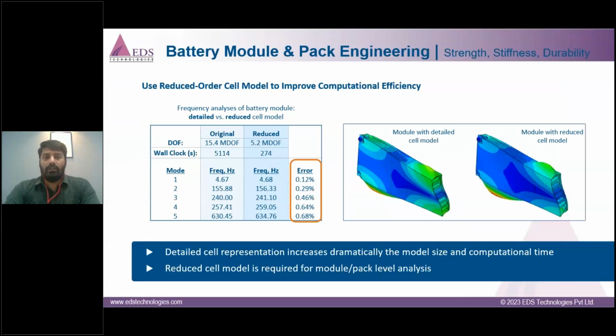As I mentioned before, an assembly comprises a lot of components, so automatically the size of your model will increase. A detailed cell representation may take a huge amount of time, and you will end up increasing the computational effort of your whole assembly. So it is always better to use reduced cell modeling, which is very powerfully performed by the 3D Experience SIMULIA. You can use reduced cell modeling to get your results without any compromise in